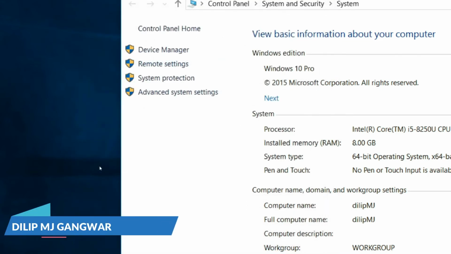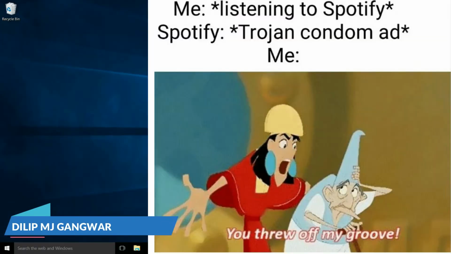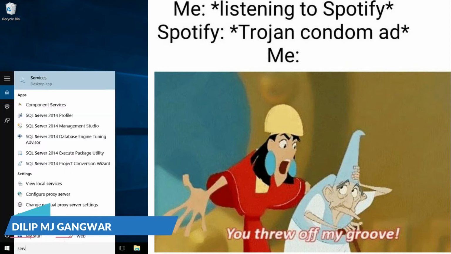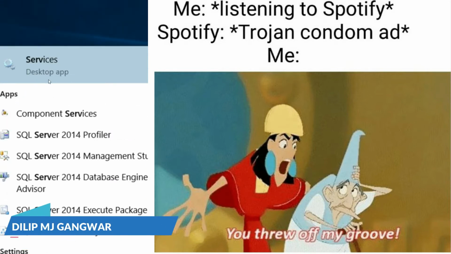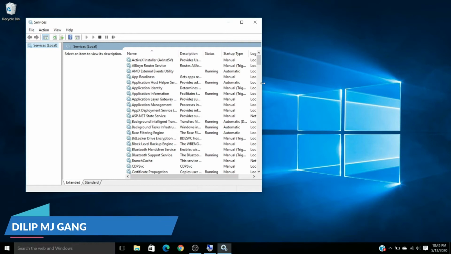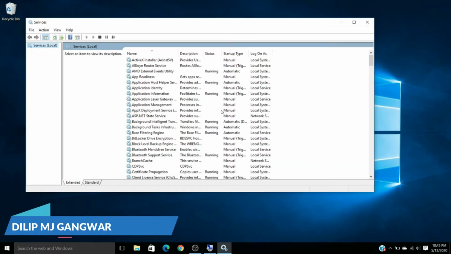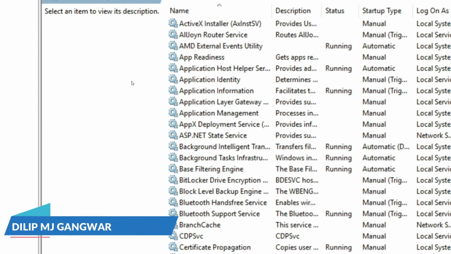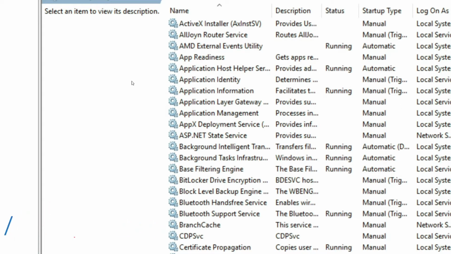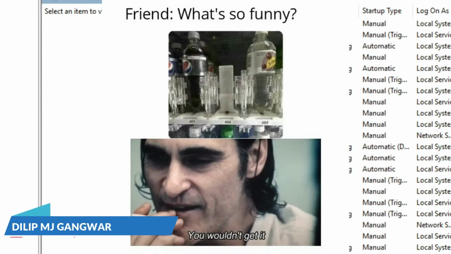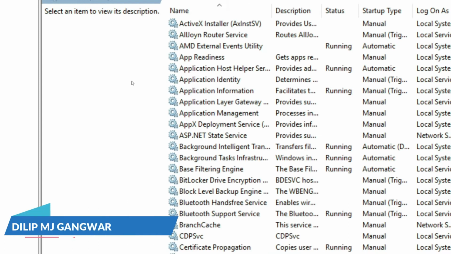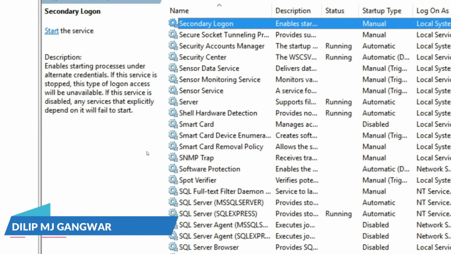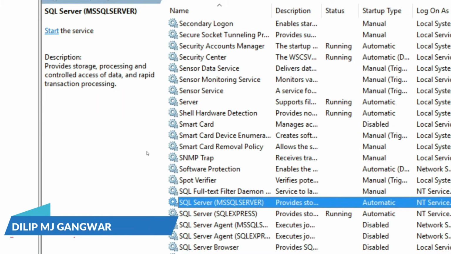This is one setting. And the next one is enabling the Remote Registry service. By pressing the Windows key, you can see here the Services desktop application. In this application, you can see the services. Every application on our PC is running directly or indirectly on the services. So these services are very important to allow permissions or to run the applications. Take an example like SQL: if you stop the SQL service, then SQL will not run. Okay, this is a very simple example.